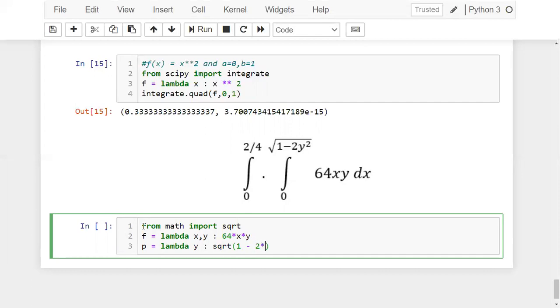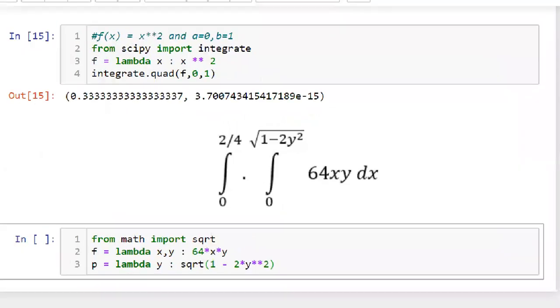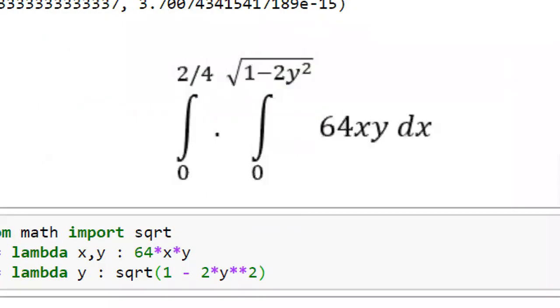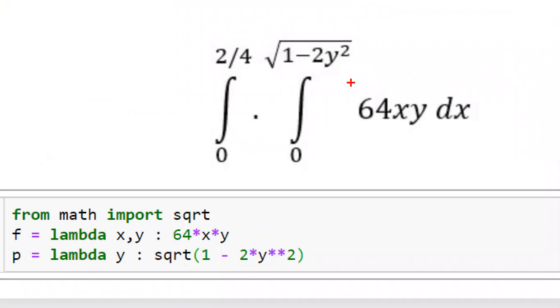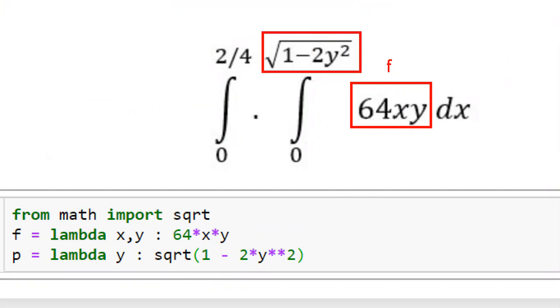So 2 multiplied by y exponent 2. Clear? Now we got this function. Okay, so what we have written here, this 64xy is indicated with the function f, and this square root of 1 minus 2y square is indicated with p.